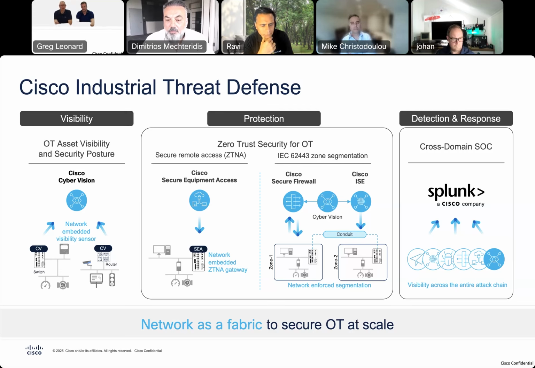No extra hardware needed. We're embedding it into the network equipment itself, that zero trust network gateway. The other aspect to look at is segmentation and zone segmentation and creating smaller zones of trust. And really key in this story is again Cyber Vision, which is getting all that rich information of the OT